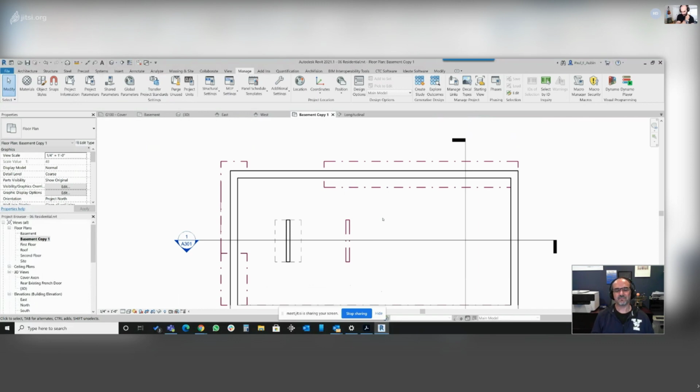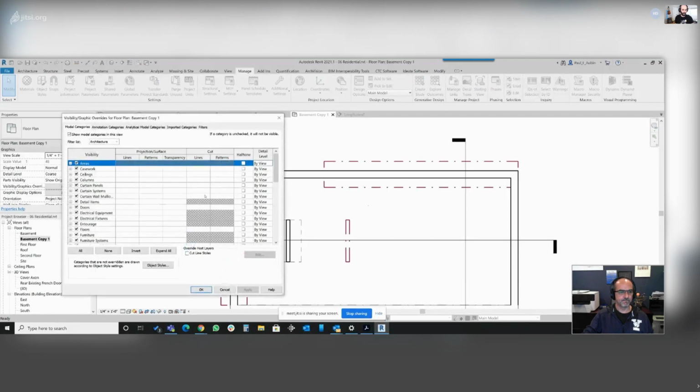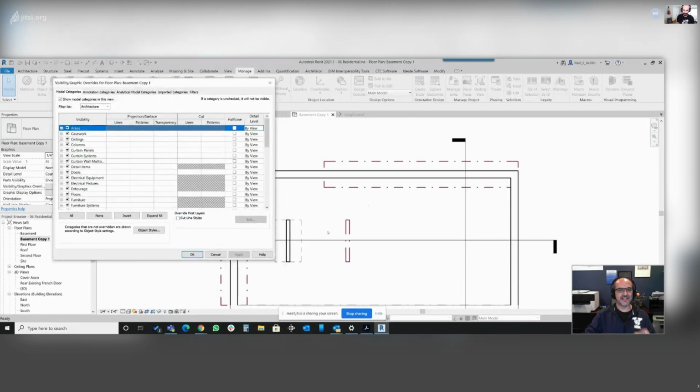The question no one asked, but I think maybe someone would want to ask if they're looking at this in the future, is if you're utilizing that beyond, instead of using object styles, is there another route to take if you want to do it per view, right? Yeah, exactly. So instead of changing it in the line styles directly, you can do it